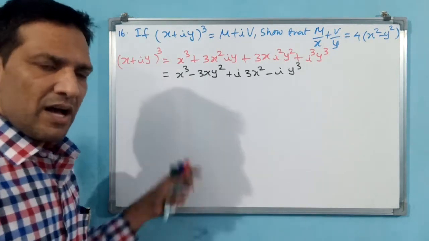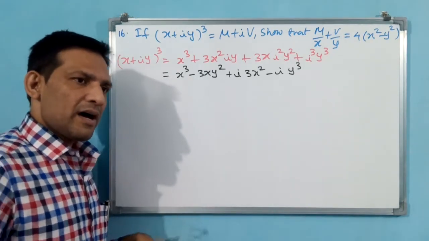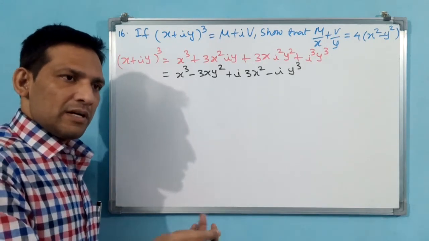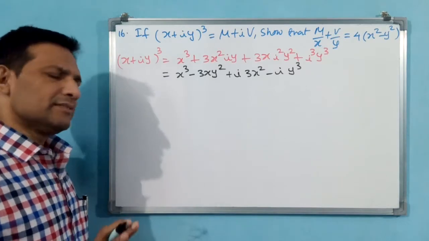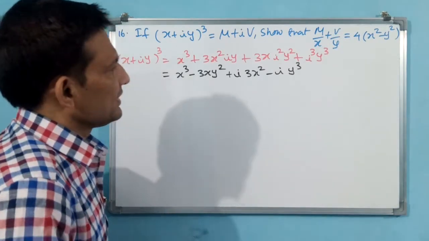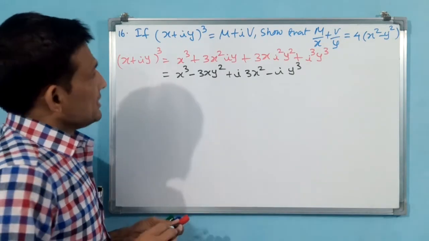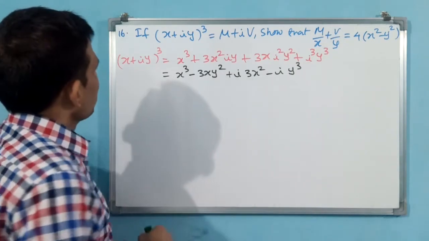We can rationalize. i square both will come minus 1. i to the power of minus 2 is also minus 1. i to the power of 4 is 1. i to the power of minus 4 is also 1. Okay. Remaining all we can do calculation. That is not a big thing. Now let us finalize this number.